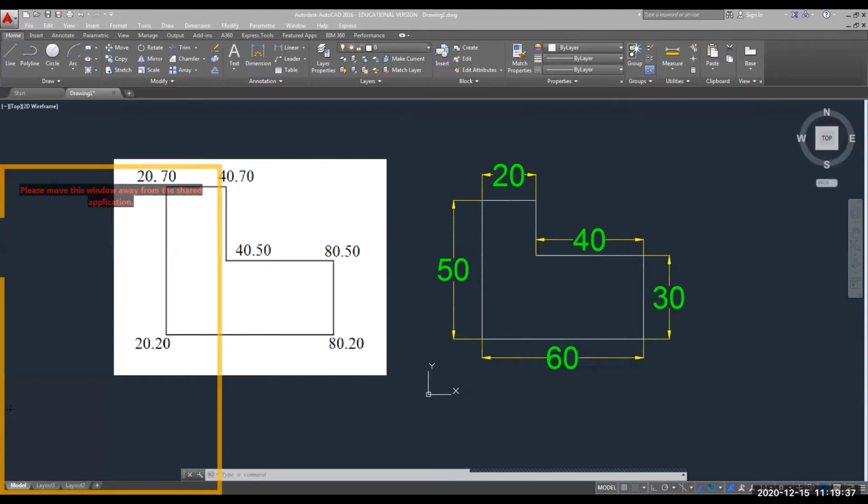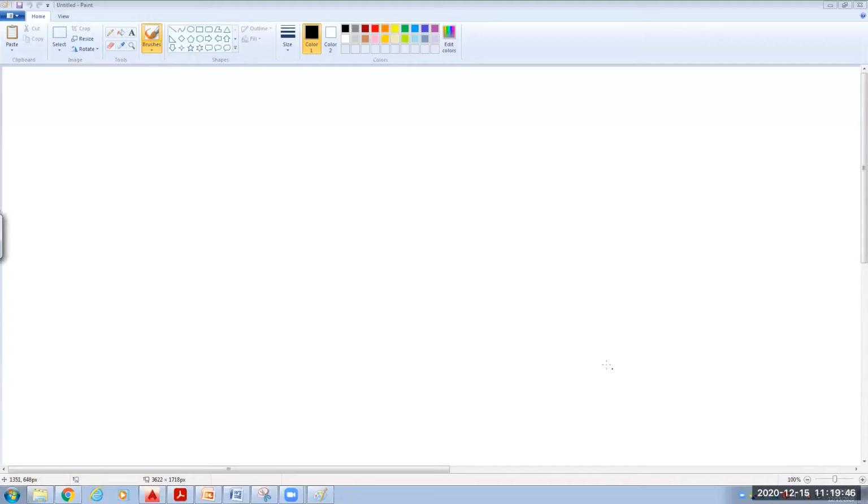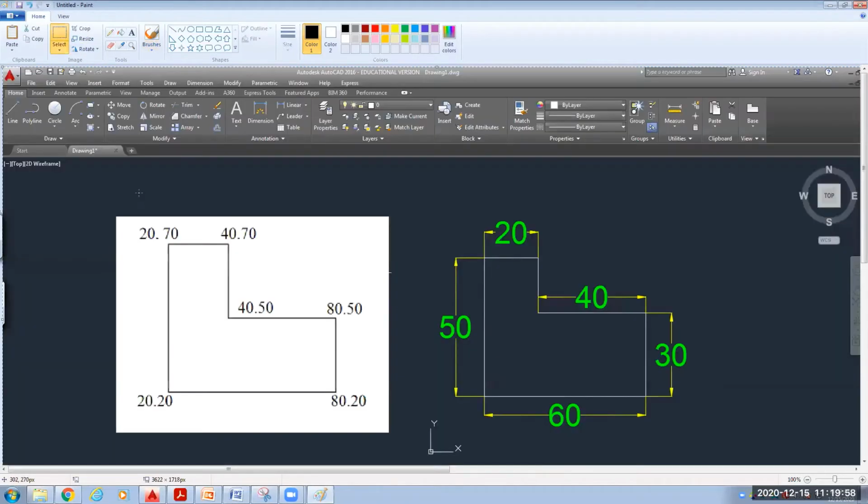Once you open the Paint software, let me reshare the screen. When you open the Paint software and you have pressed print screen previously, you can paste it here. Right click or directly you can press Ctrl V on your keyboard.